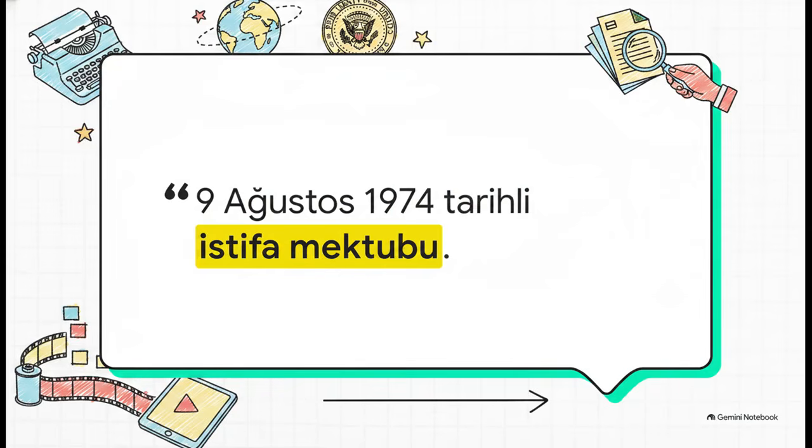To really ground us in the facts of the actual document, let's look at how it's summarized globally. This Turkish Wikipedia summary reminds us that this specific letter was sent to Secretary of State Henry Kissinger on August 9, 1974, which officially marked the end of a presidency. And what's cool is that even in Turkish, the core data points remain universally understood. Nixon, Kissinger, August 9, 1974. A single, solitary piece of paper that completely changed the course of a nation.